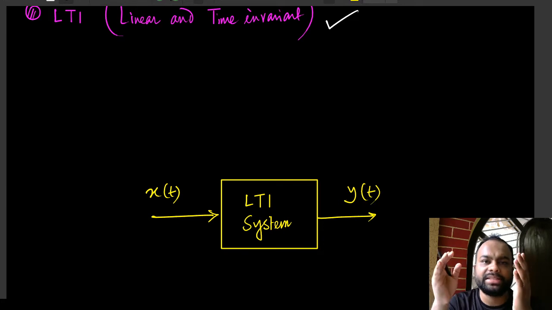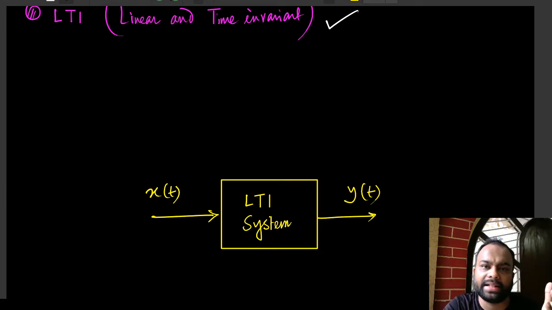So if we have a physical system, for example, an electrical circuit or a mechanical system or anything like that, we can excite the system with an input and we can observe the output, right? That's quite understandable. There is no issue with that. But oftentimes we do not physically have the system with us. Now in those scenarios, what can we do?